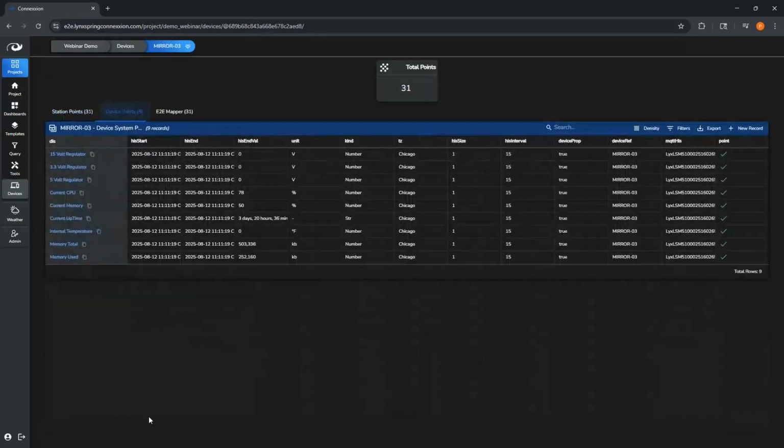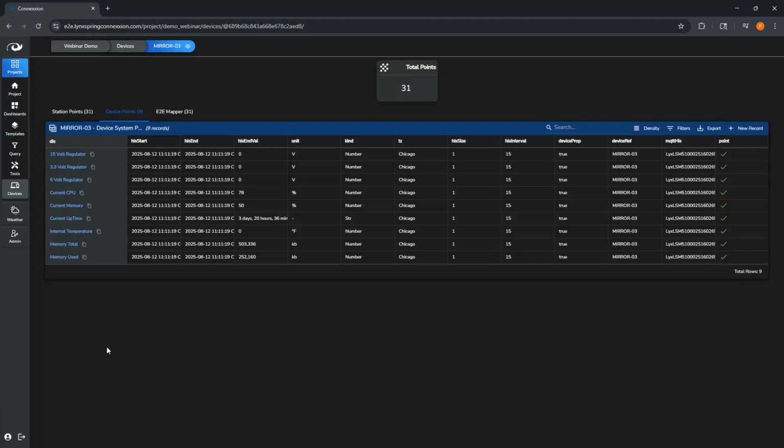So we actually have from the edges some hardware information. We have these device points. So these are hardware metrics that you get out of our edges only. And that's because since we manufacture these, we have access to the operating system level. So you have some information about the voltage regulators. You have some information about the CPU on the device. We actually have an internal temperature sensor that sits inside of the housing, and you get some information about how long it's been up or the memory usage. The idea here is to have some metrics for the hardware that users can use to do things like if my device went offline, go back and search through the historical data, try to figure out what went wrong.